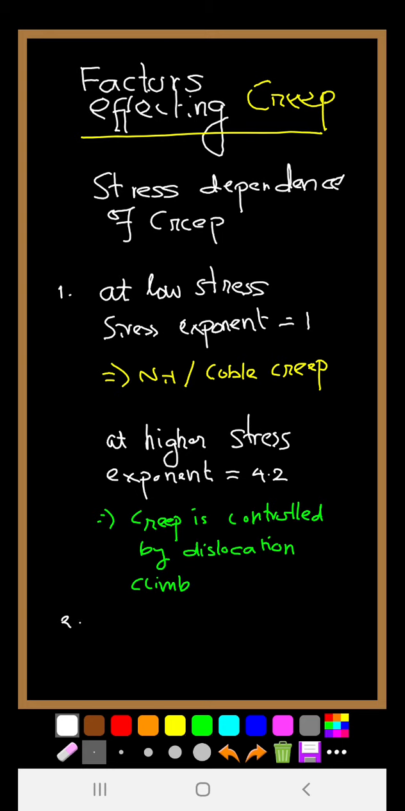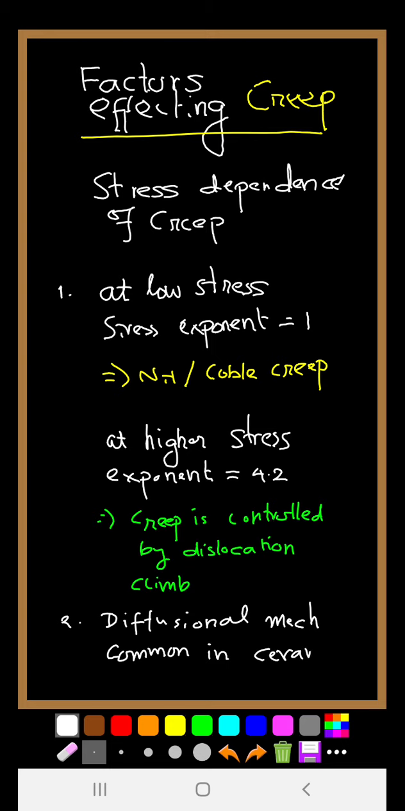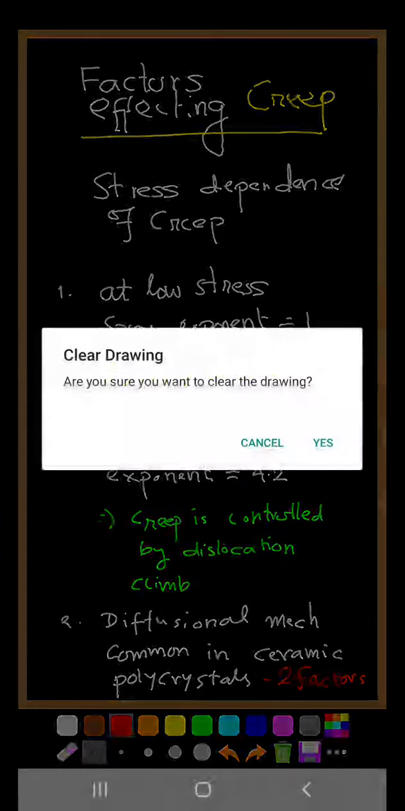Secondly, the diffusional mechanisms, which are common in ceramic polycrystals, are related to two factors. The first one, let's call it A,